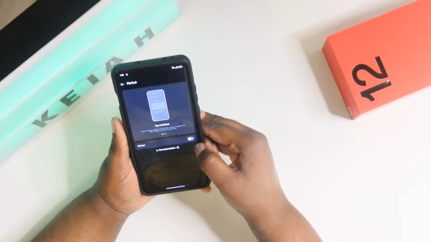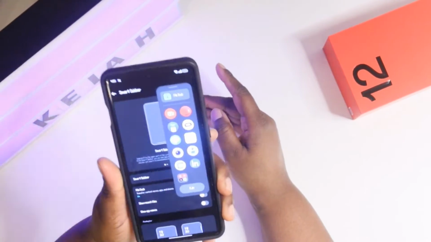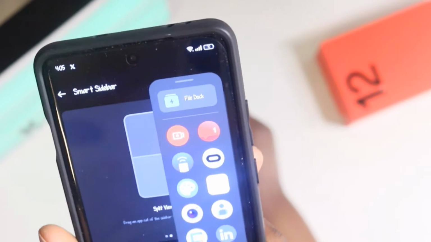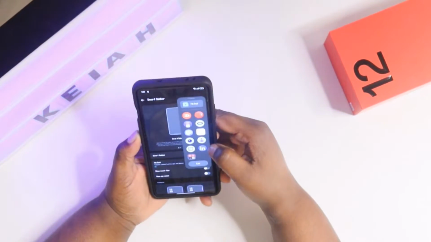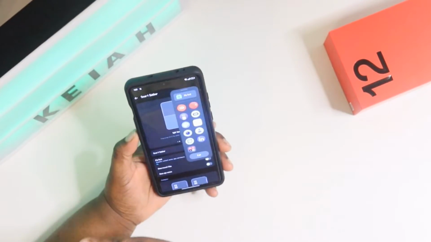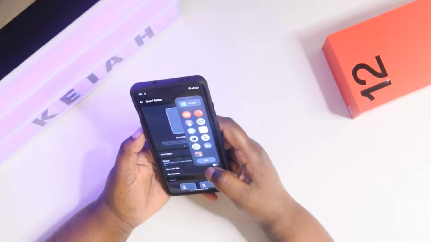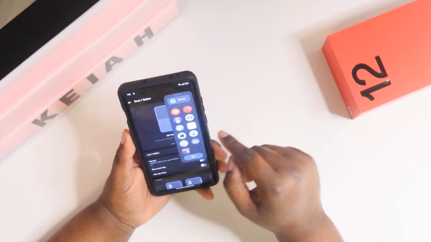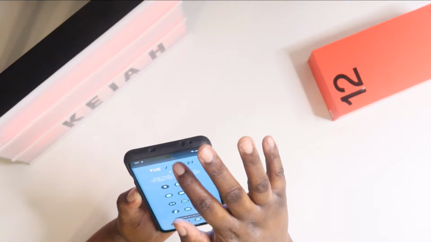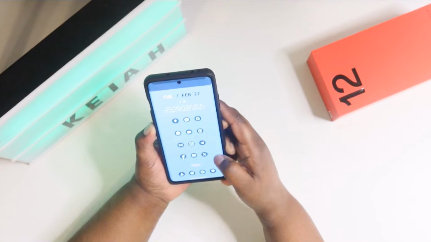You can save files onto the sidebar. As you can see, it says files and docs. You can access your files and docs, and that is something that you cannot do on the Samsung devices with their edge panels. But with the smart sidebar, you have access to adding apps, to have quick access to using apps, and go. It brings up, but it wants me to open up another app right now, so let's open up